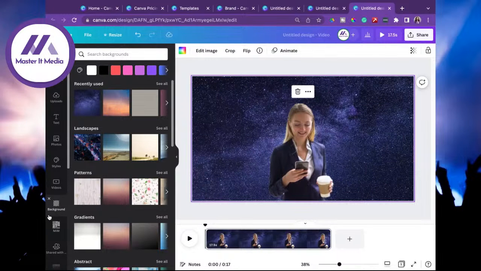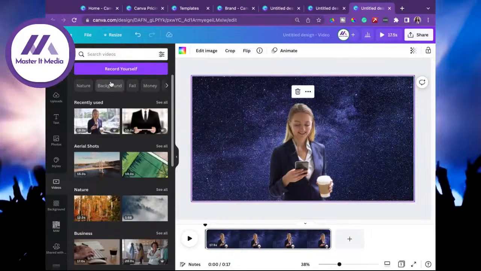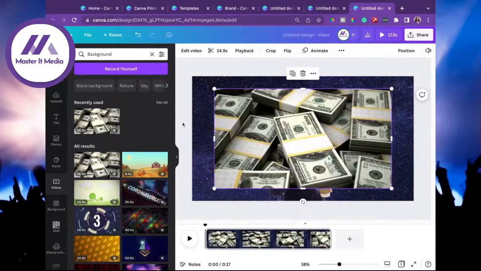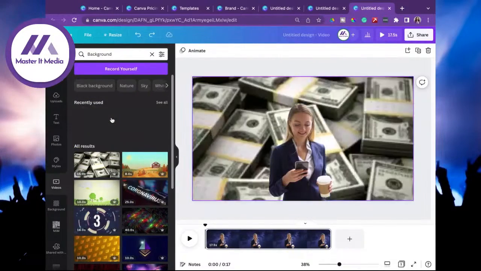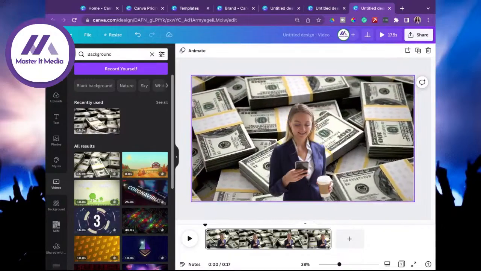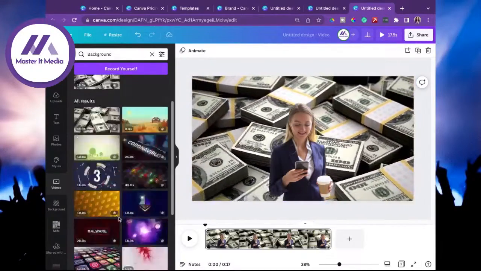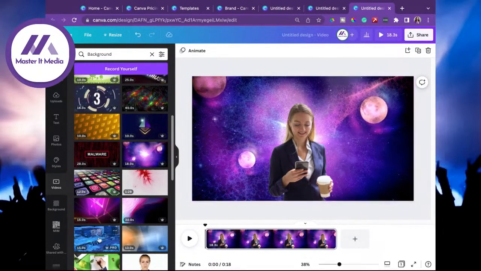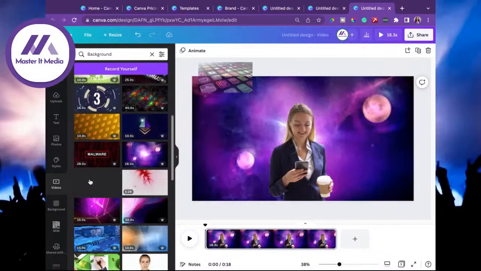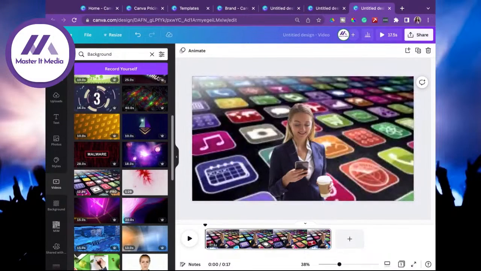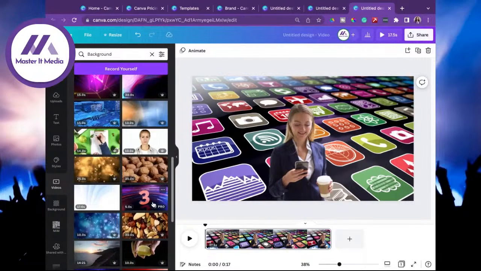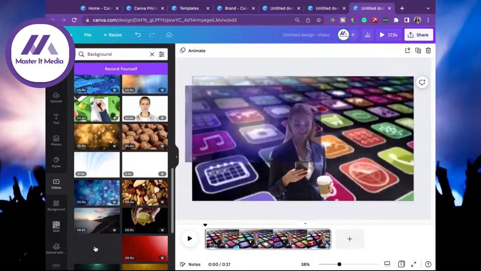One of the things I love to do here is go back into video, and there's a background here. So I can add that background to her, and pick out different things that I may like better for her background. Now, for me, we're about social, so it could be this kind of a look. It's a little busy, frankly, but that gives you kind of a feel for what you can do